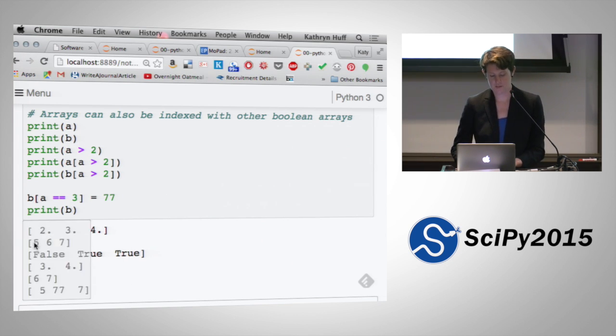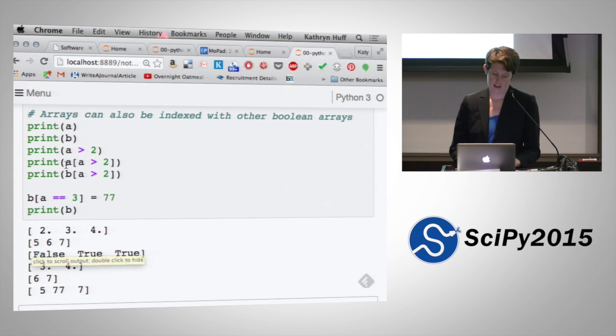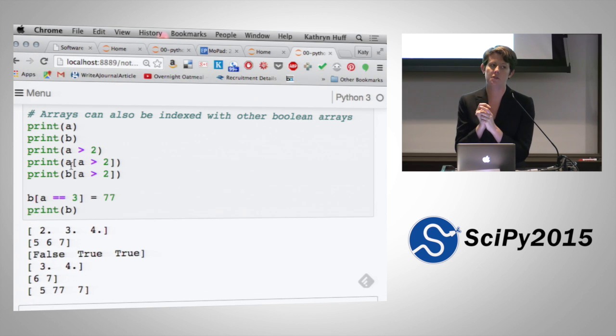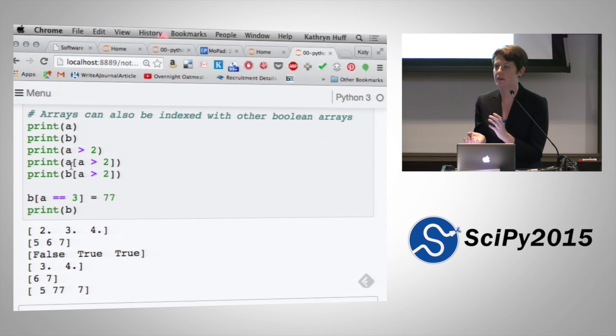So I've just shown you there's this mask, false, true, true. And if you want to print A where A is greater than 2, you just want to print those entries that are greater than 2. You can say print A, index, A greater than 2. So you can do this in lists too. It's called list comprehension. And in NumPy arrays, you can only do it with these Boolean masks, but